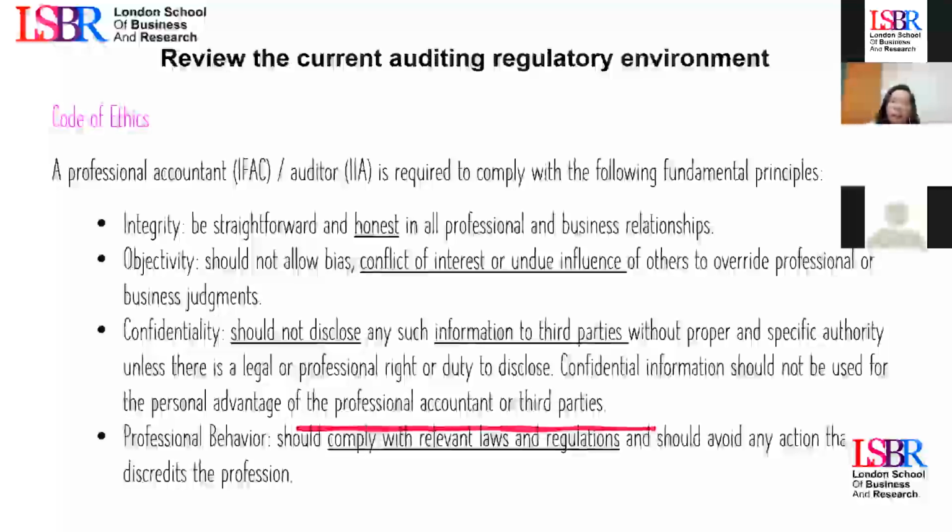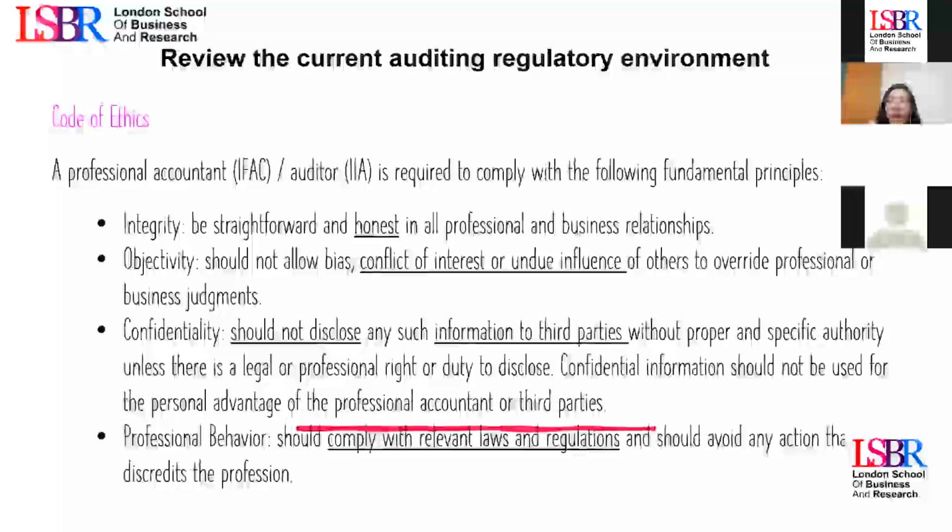if the external or internal auditor is honest. So integrity and honesty are very related. Objectivity: objectivity says that the internal or external auditor can't have a conflict of interest, and they cannot influence the decisions. So this is objectivity. Confidentiality, because remember that as auditors, we have access to all information of the company.